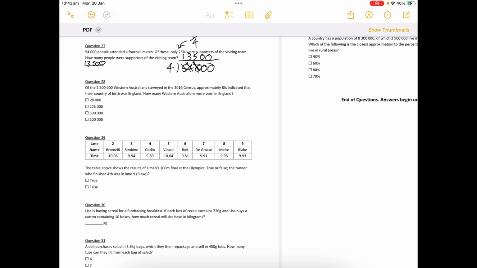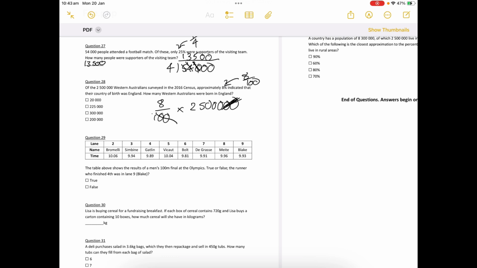Right, this time, just because it's easier to do it this way, I'm going to do the percentage as a fraction. So 8% is the same as 8 over 100. So I'm going to figure out 8 over 100 of my Western Australians. Okay, so you times by the number on top and divide by the number at the bottom. I'm going to do the division bit because it's 100. So if I knock these 2 zeros off, I can knock these 2 zeros off. The rest is 8 times